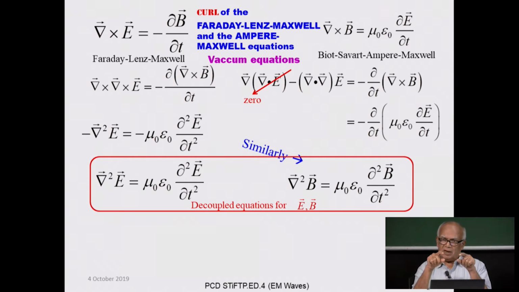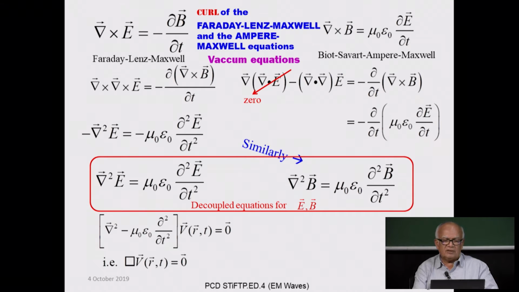So, those equations are coupled, you have decoupled them, and this is the standard technique in differential equations, that when you have coupled differential equations, you often go to higher derivatives. So, from the first you go to the second, and then you have a chance of decoupling them. If that does not happen, you may have to go to the third derivative and so on, sometimes to the fourth. This is a common technique in differential equations, and this has been used here, and what is achieved is not just the decoupling between E and B, but the discovery of the wave phenomenology of the Maxwell fields,